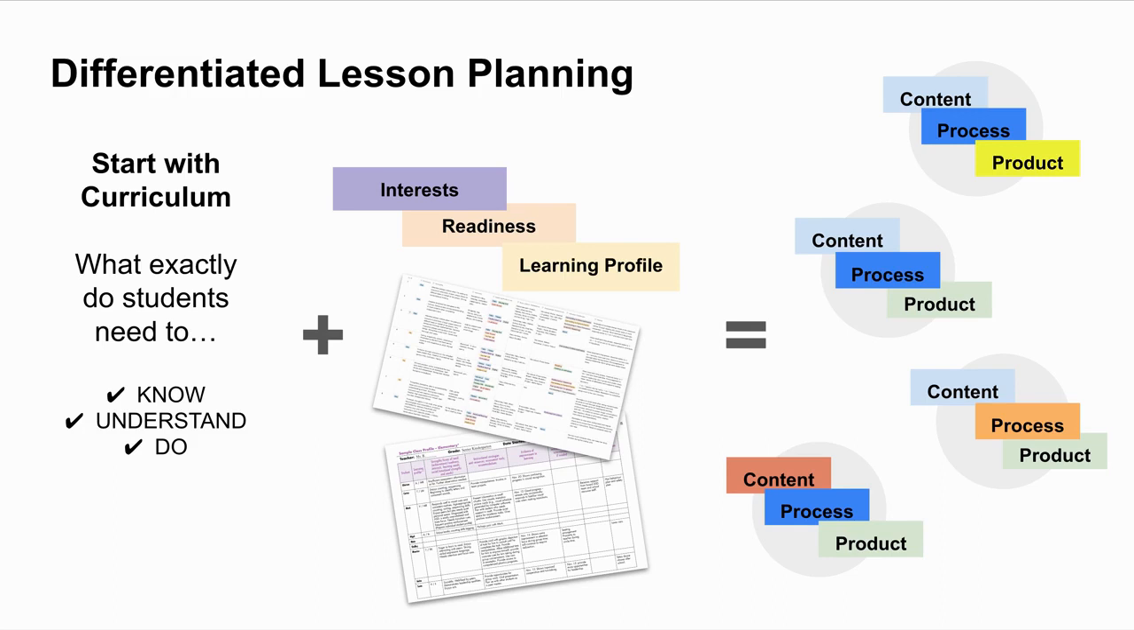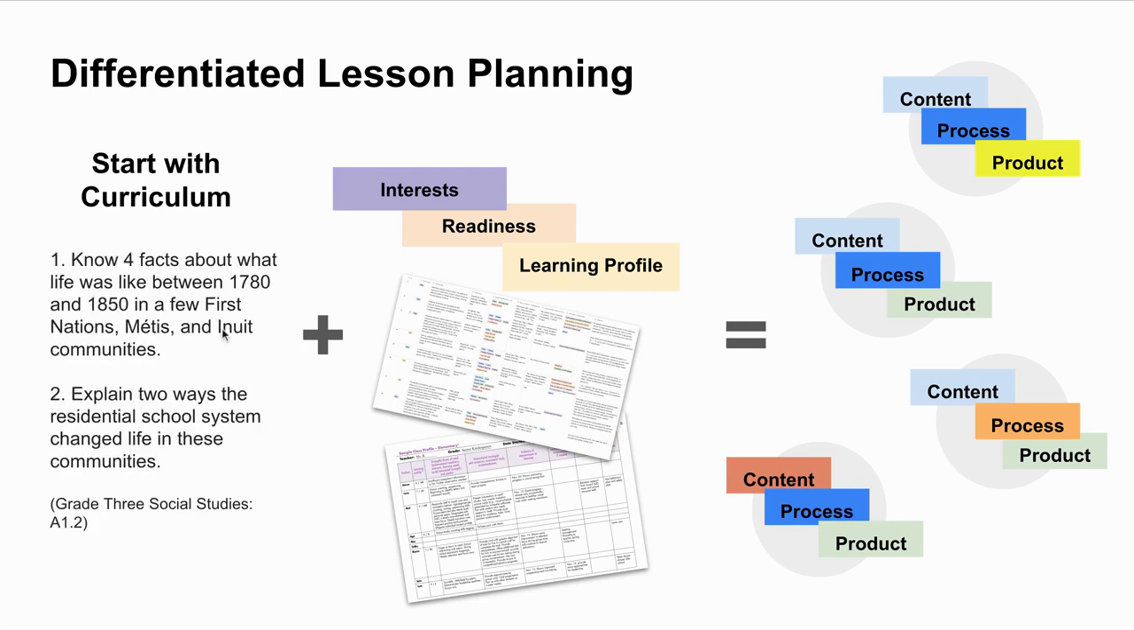Let me show you a worked example of exactly what this can look like. So here we are doing our lesson planning. We start with the curriculum. Let's imagine a grade 3 social studies lesson. We've gone through and figured out some really specific learning objectives based on some interesting aspects of the curriculum. The students need to know 4 facts about what life was like between a certain time period for a certain group of people. Then they need to be able to explain 2 ways that the residential school system changed life